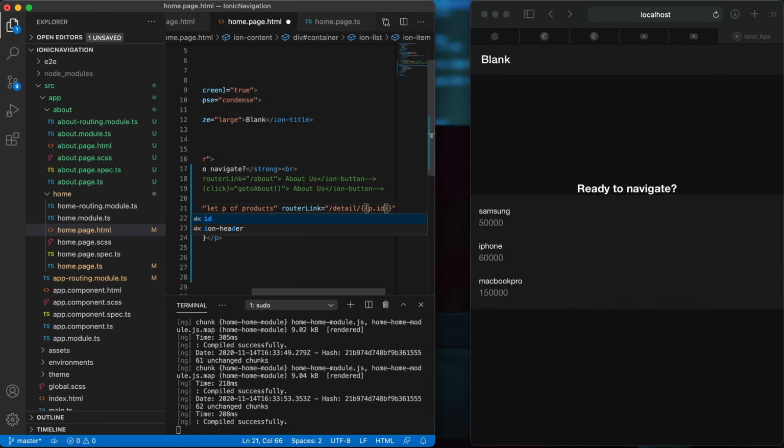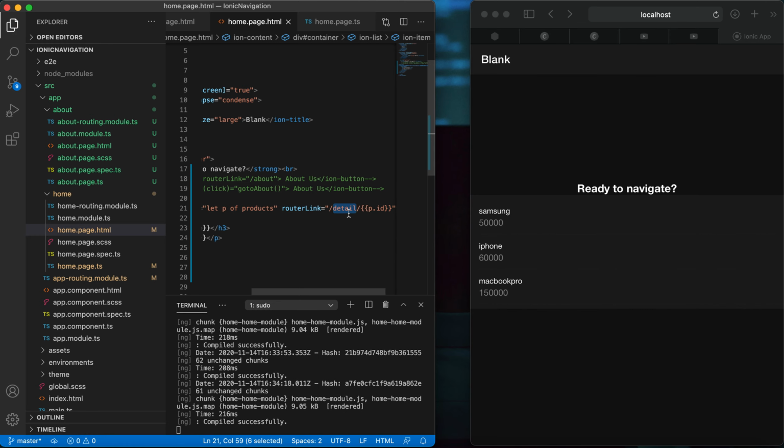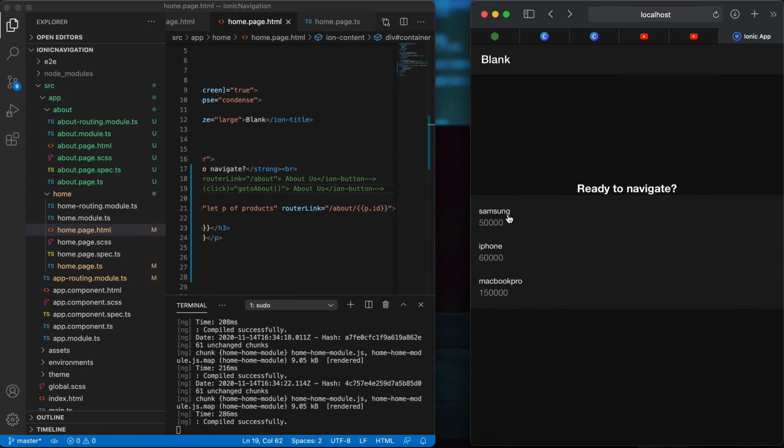p.id. If I run this, it might throw some errors. For example, if I click this, see, it's not functioning, right?